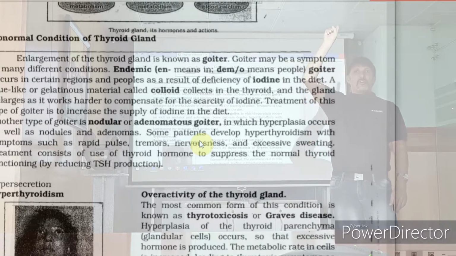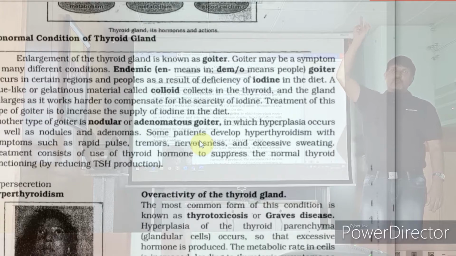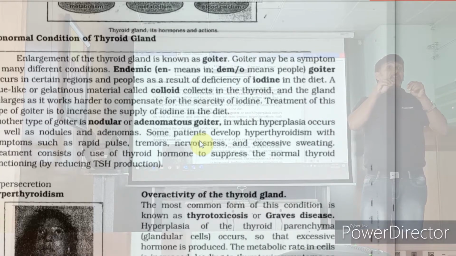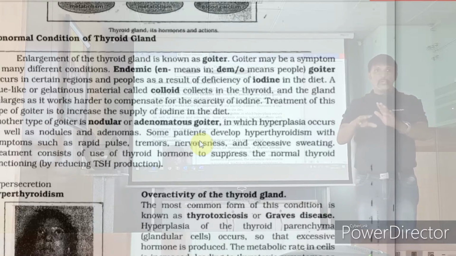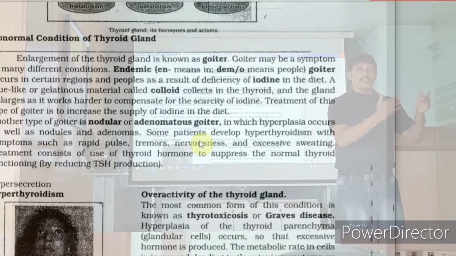This will signal the hypothalamus, our master gland's upper master, grandmaster. That fellow says, hey, what's happening? Your thyroxine level in the blood is too much. So it will send inhibitory signals to the pituitary. So TSH is reduced, so you don't stimulate the thyroid. It will say don't stimulate it. So the pituitary will not stimulate the thyroid. There is no thyroxine release.